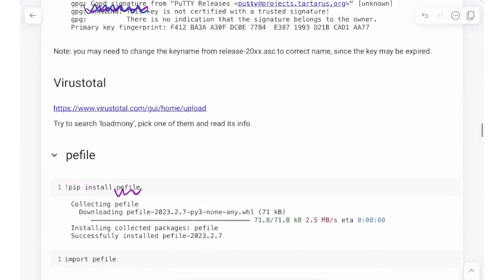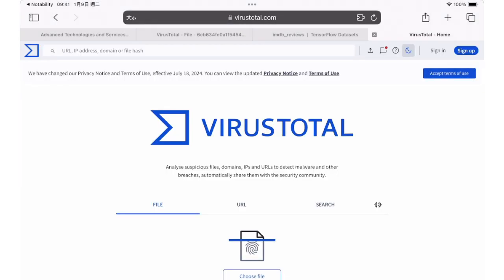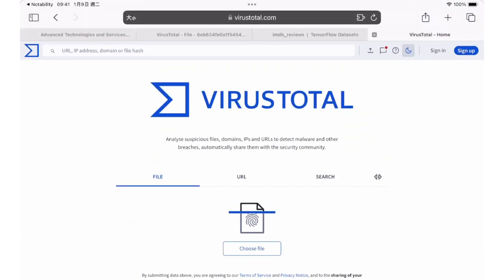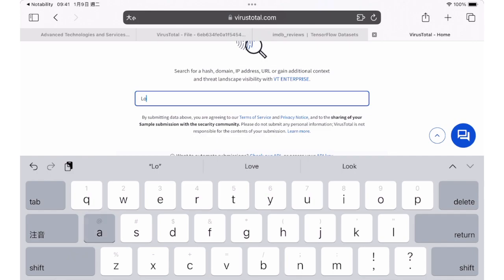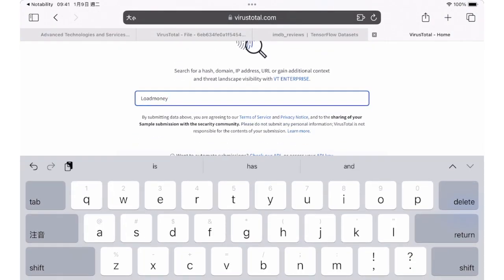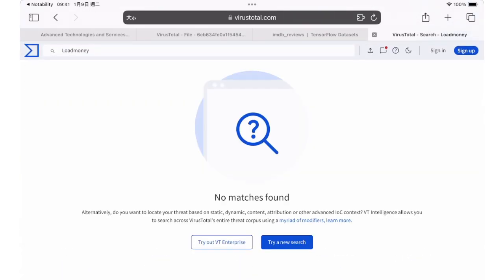And once you have the hash values right here, please take a look at the website called VirusTotal. VirusTotal is a very useful tool for us to